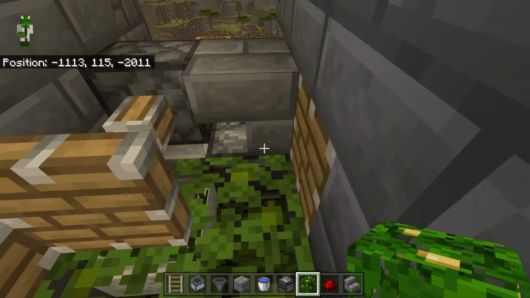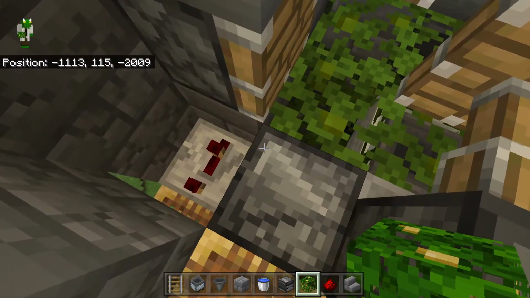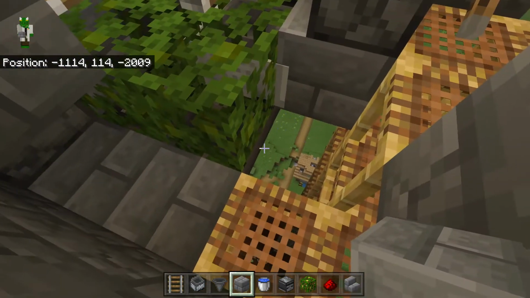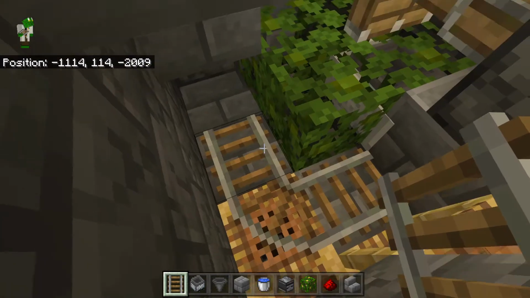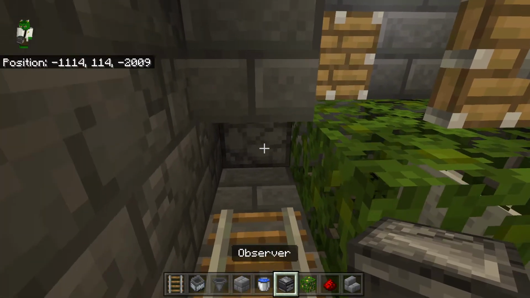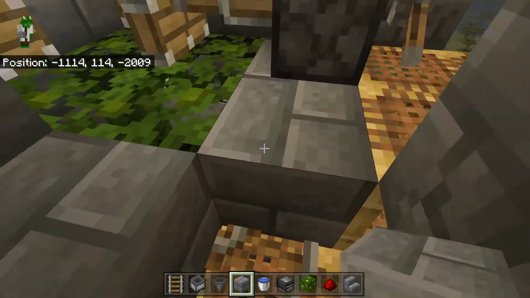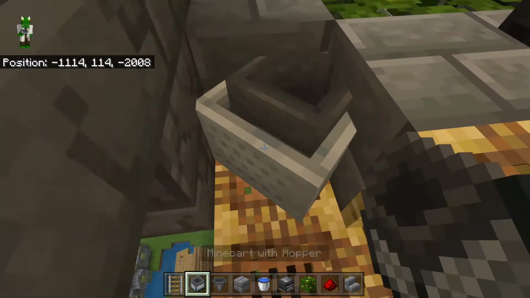Yeah, so put these leaves back and then break these blocks here. This one, this piston, this block, the repeater, and then put temporary blocks here and here, and a rail like this. Yeah, you can put the observer back there, and then break this one and this one, and put a temporary block, and then break these so you can get behind. Put hopper minecart there, and then shove it in,